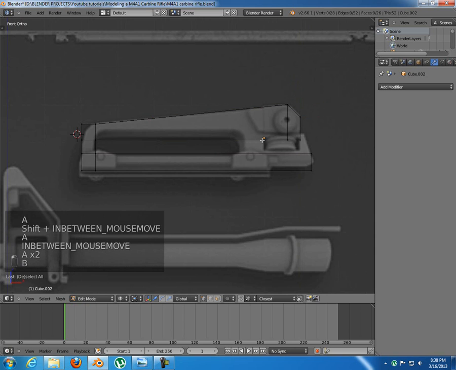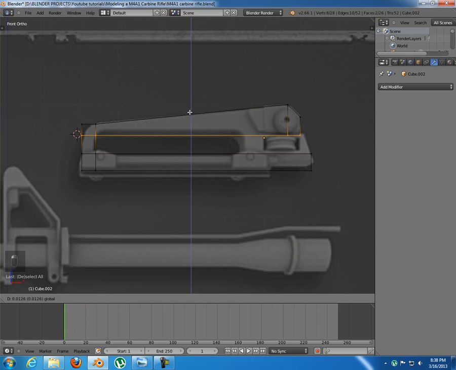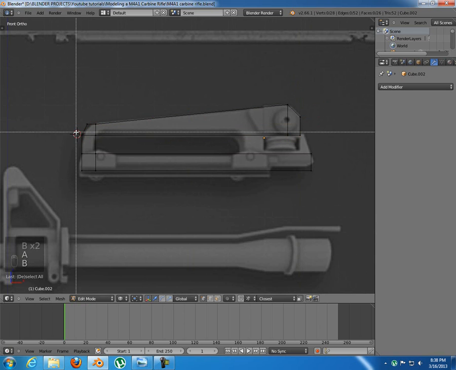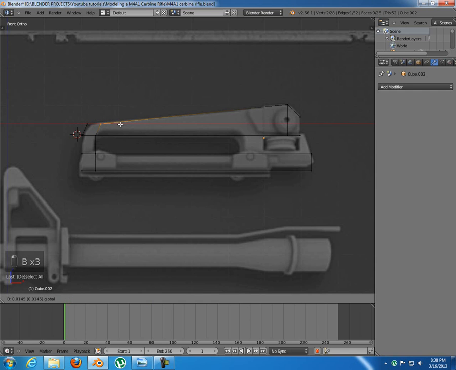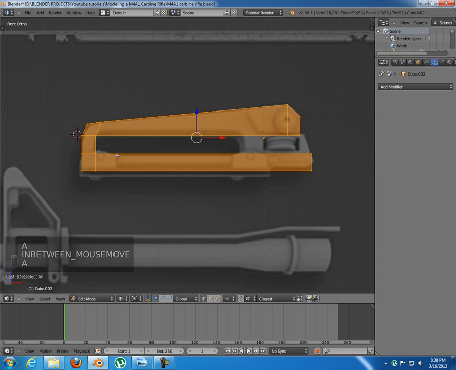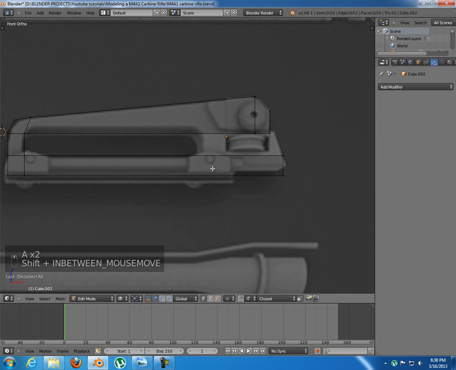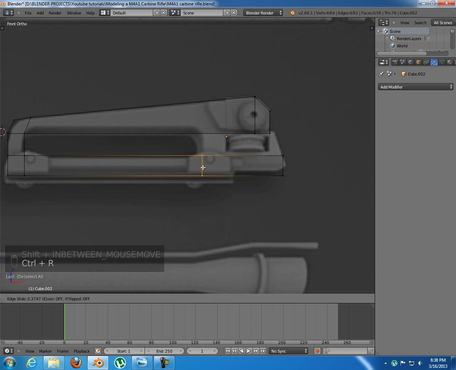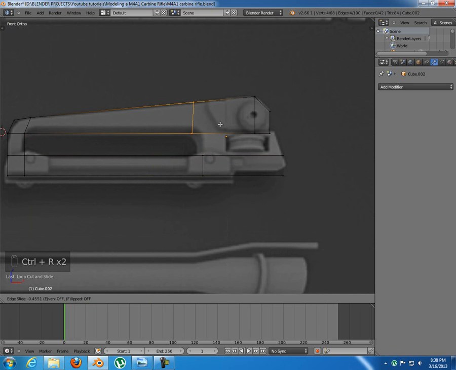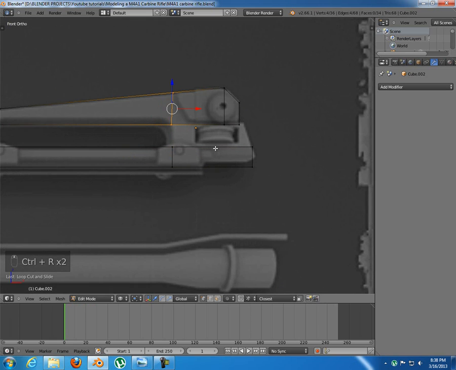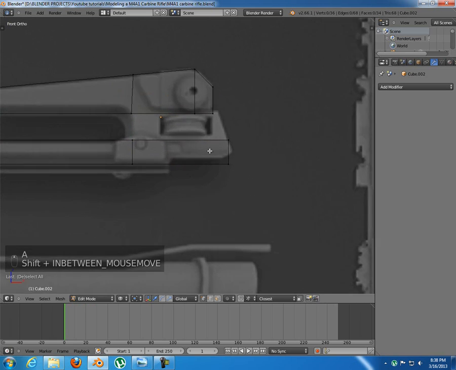Okay, maybe bring all of this up till about here, that one in, so it will be round just a little bit, up a little bit. Okay, so something like this should be okay. I'm gonna add the loop cut in here right now, another one in here,